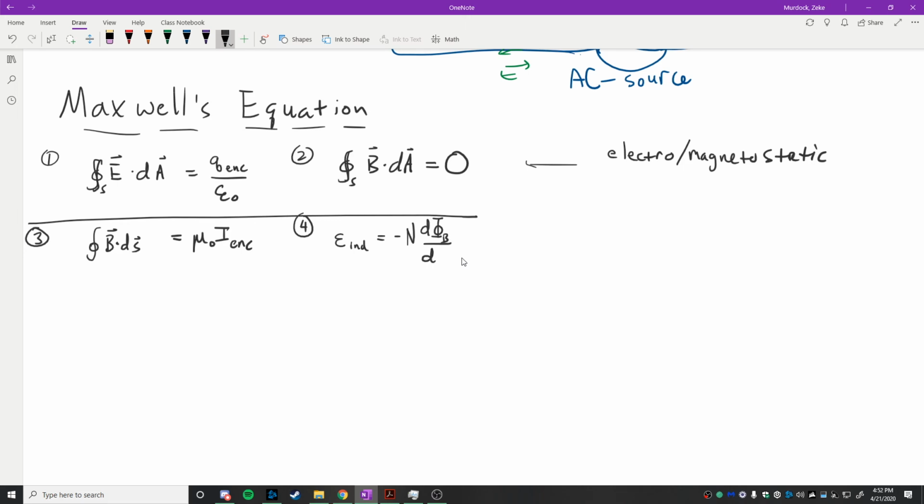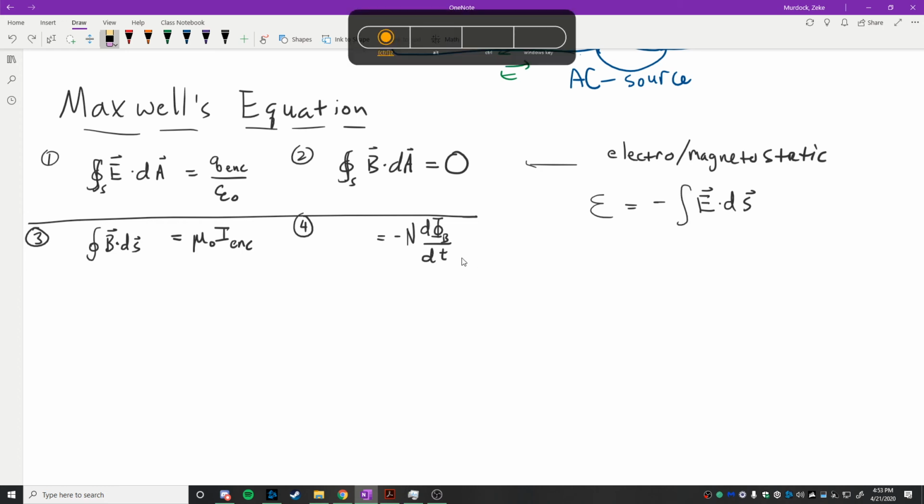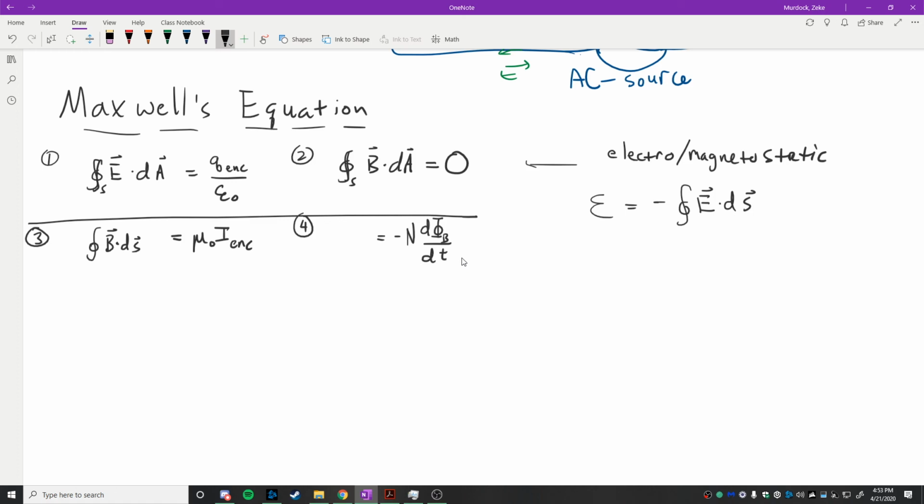dB dt. Now, these 2 may not look very similar to each other, but we can write them in a way that they will start to seem similar. If you remember going back to what EMF is, EMF is equal to the negative of the integral of E dot ds. If we take that and put it in here, all of a sudden these 2 equations start to look really similar. I'll put a little circle on there. If we replace the left-hand side now with